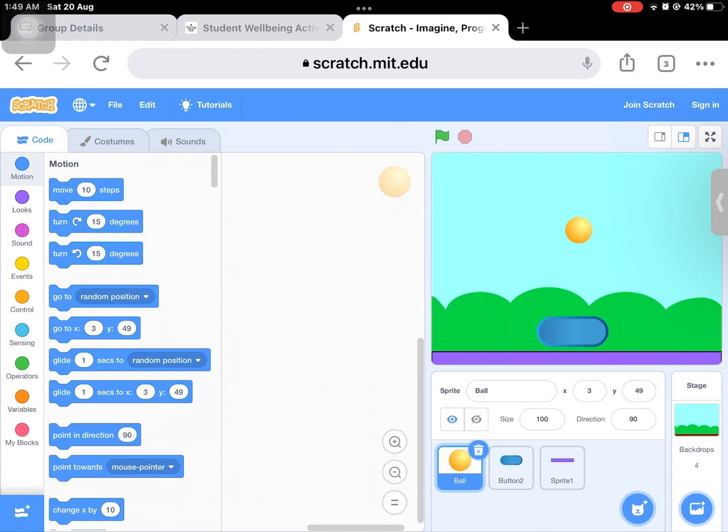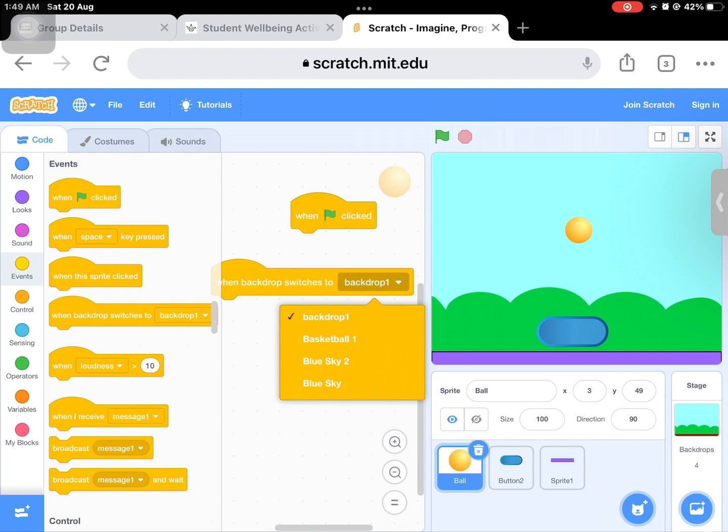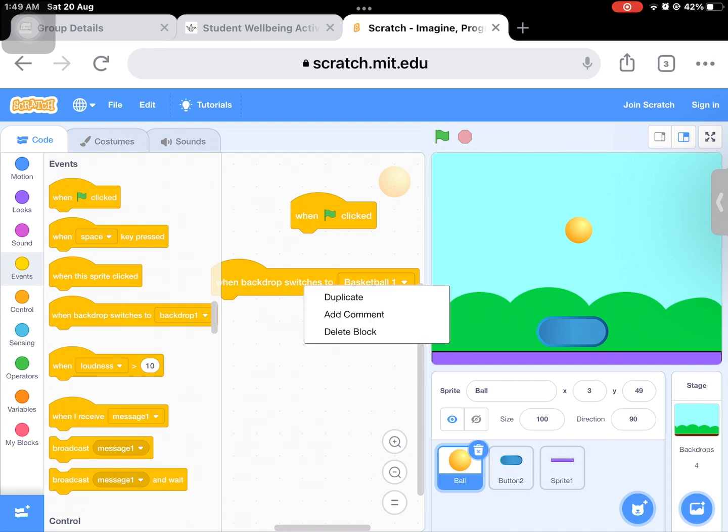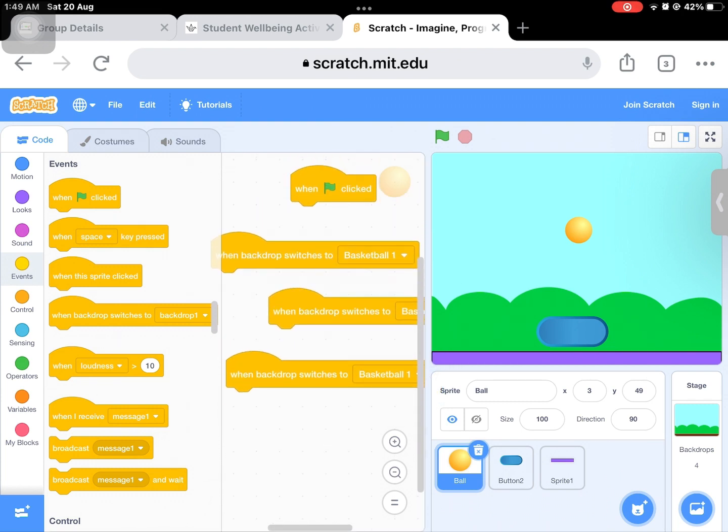And now I'm going to go to the ball commands, and I'm going to go to when flag clicked, and then I'm going to bring when backdrop switches to and then I'm going to select basketball 1. Okay, and then I'm going to duplicate it two times, and in one I'm going to type blue sky 1, blue sky and blue sky 2. Okay,